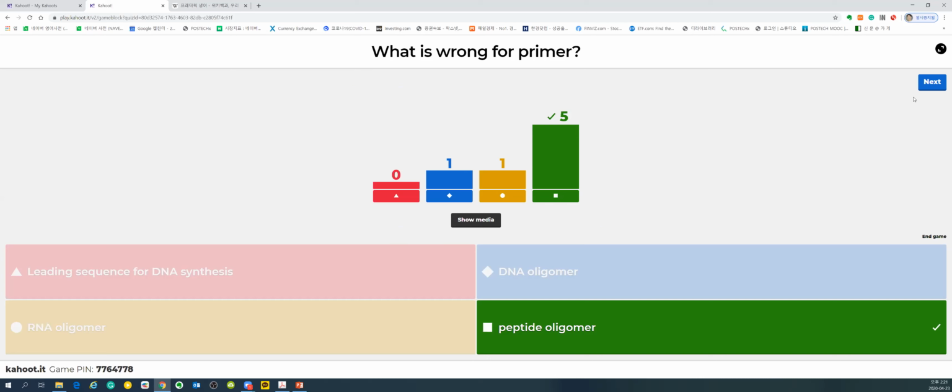If you add the dNTP, then after the RNA oligomer, they add DNA, but still the RNA oligomer can act as a primer too. Last time I told you that DNA can make a double strand. RNA can make a double strand too. RNA also can make a double strand. So a peptide oligomer cannot. It's a different structure. So a peptide oligomer cannot act as a primer.